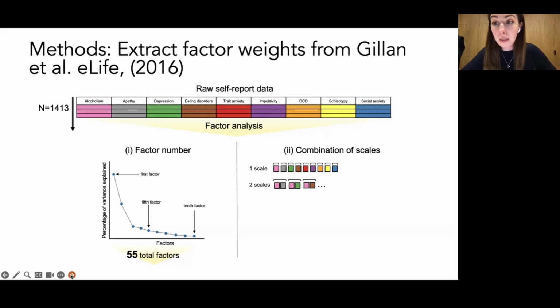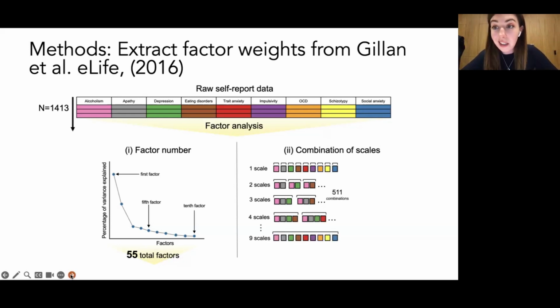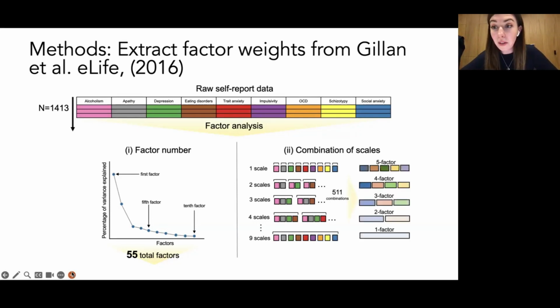So alcoholism and apathy, alcoholism and depression, alcoholism and eating disorders, every combination of 3 scales, 4 scales, all the way up to the 9 scales combined. If you look at all of those combinations, it gives a total of 511 combinations. And again, rather than being reliant on scree plots, what we've been doing is factor analyzing each of those combinations from a 1 to a 5-factor structure, which generates a total of